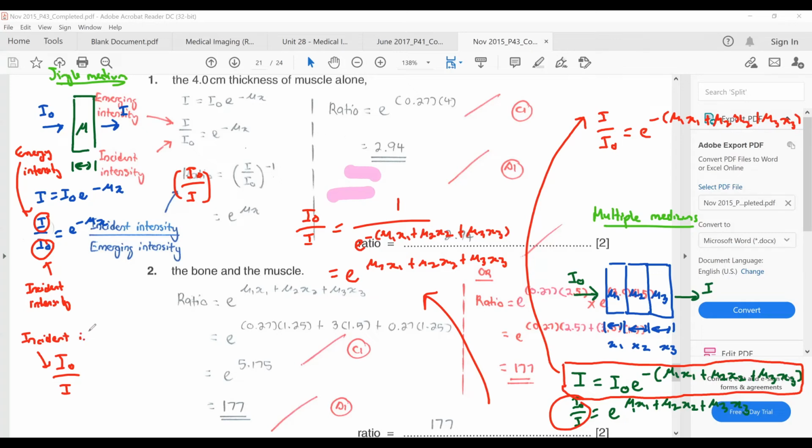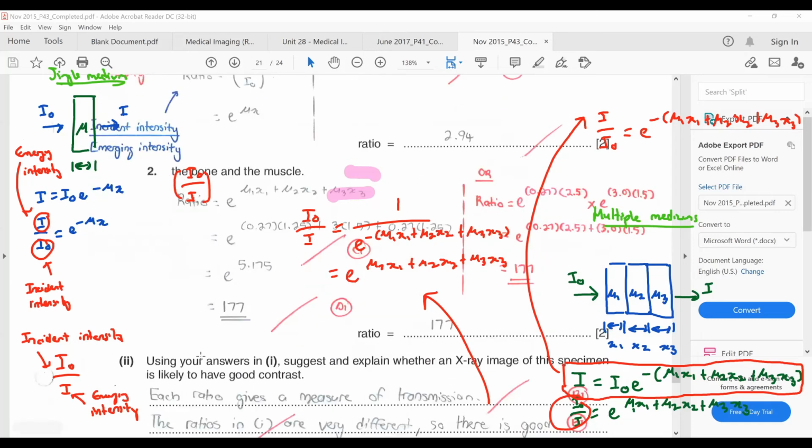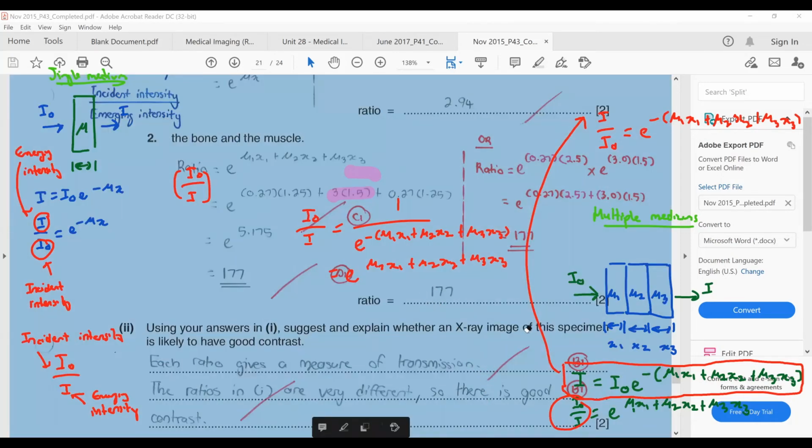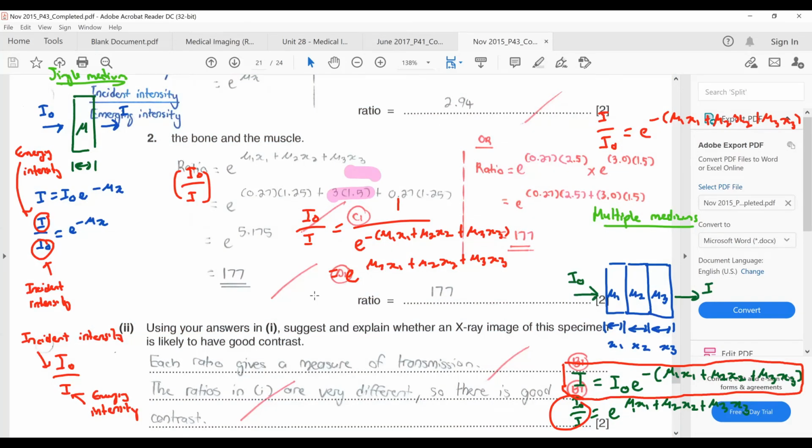So this is incident intensity. This one is emerging intensity. The reason why I want to talk about this is because of the last question. Now using your answers in one, suggest and explain whether an X-ray image of this specimen is likely to have good contrast. Now if you want to have good contrast,